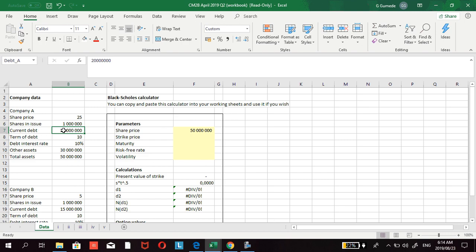So we are given here the current debt of the company, and the current debt is at time 0. Like I'm saying, the strike price will be the redemption value of this current debt under the Merton model, rolled up at 10%. Okay, so what am I going to have then? I'm going to have the current. Now you won't include the 10 million because the question says